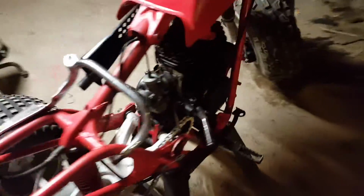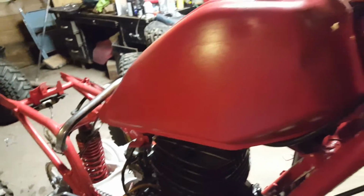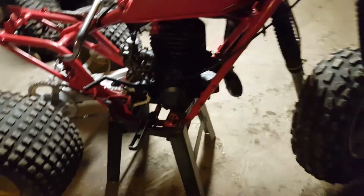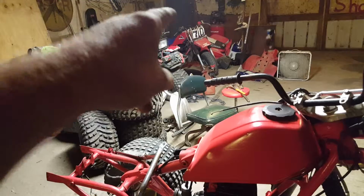The guy I got it from just painted everything. So he painted, sadly, over the decals, which you can kind of see there in the light, but you kind of can't. Yeah, you kind of can there. But yeah. I currently have the carb off of the original one off of that one,